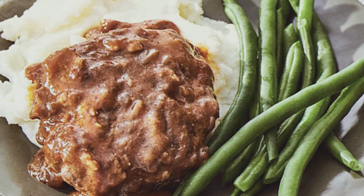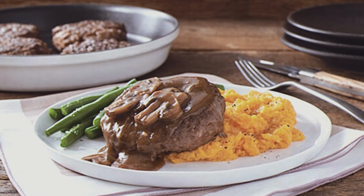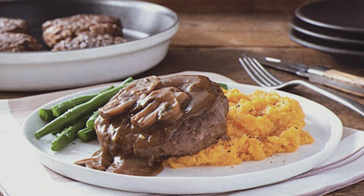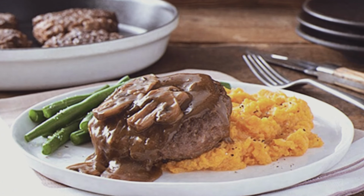Yes, really, a diet plan before TikTok made that sort of thing fashionable. But what started as doctor's orders soon turned into a dinner time staple, reinvented in the kitchens of frugal home cooks and the golden age of TV dinners. At its heart, Salisbury steak